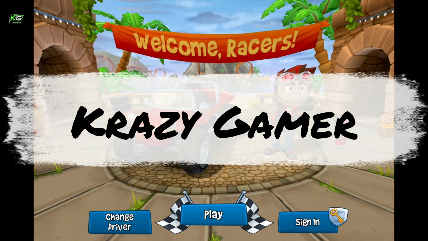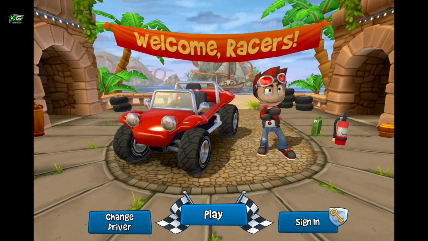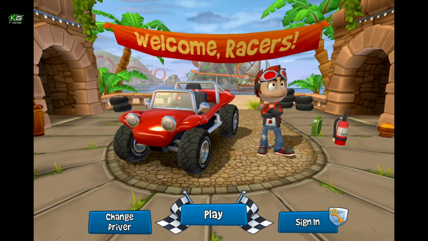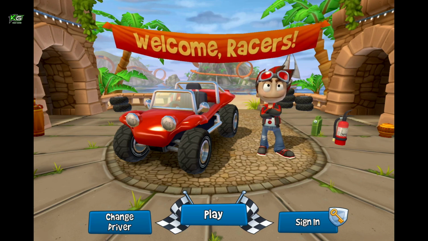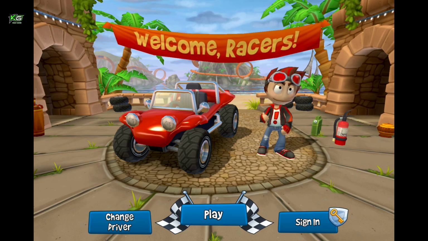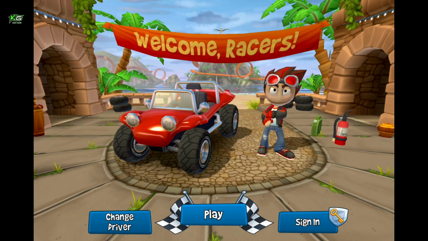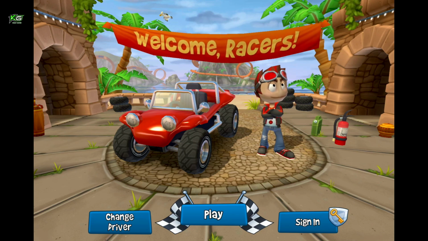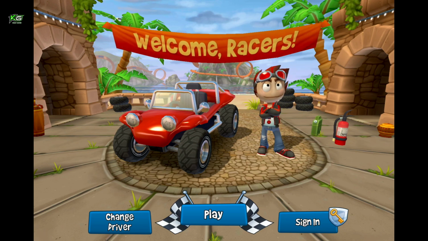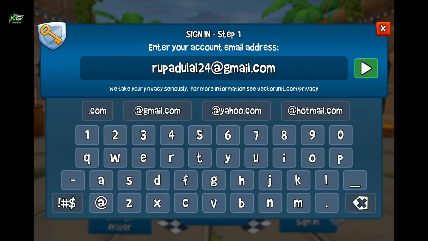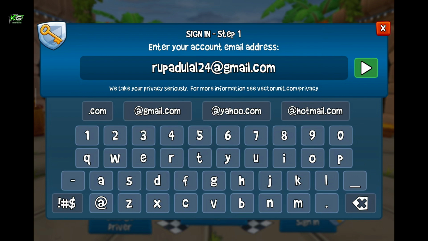If you are trying to start playing the Beach Buggy Racing 2 game on your phone or tablet, then first of all, download and install the Beach Buggy Racing 2 game on your device and launch it. Wait for the main screen to load, and once it does, go ahead and tap on sign in at the bottom right. Now enter a valid email address of yours that is associated with the account and tap the green